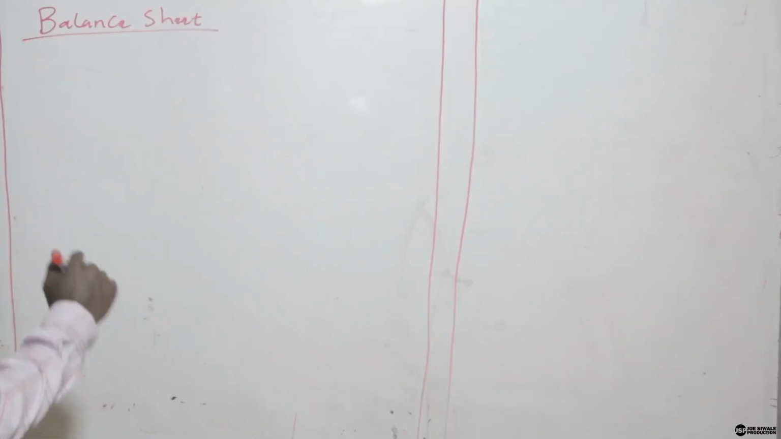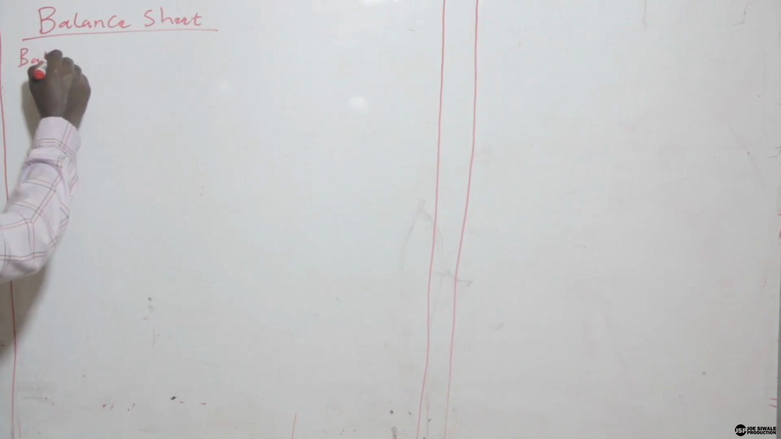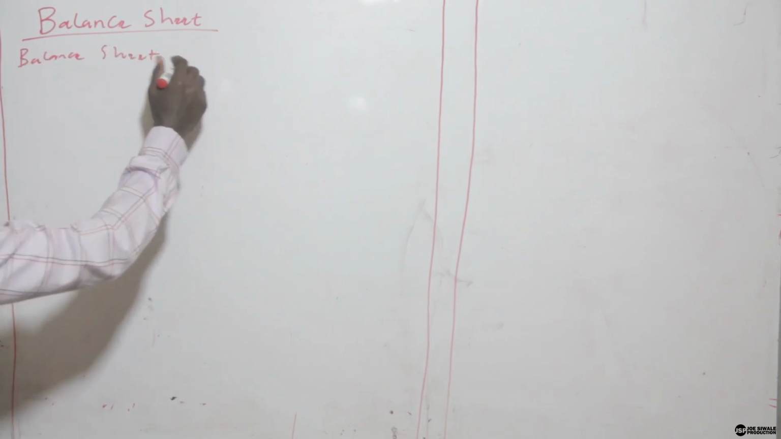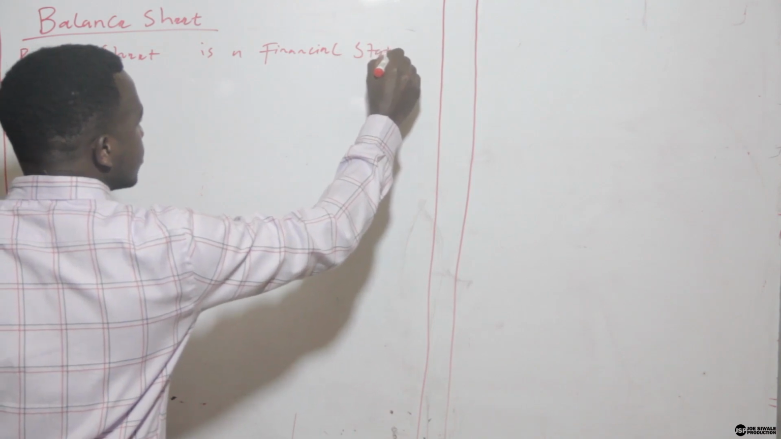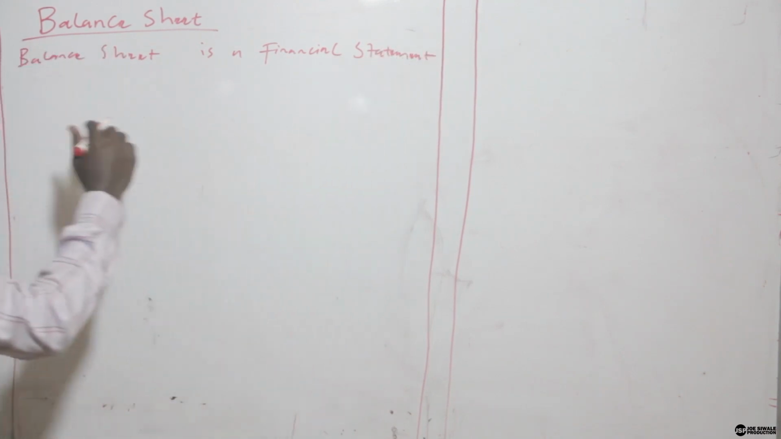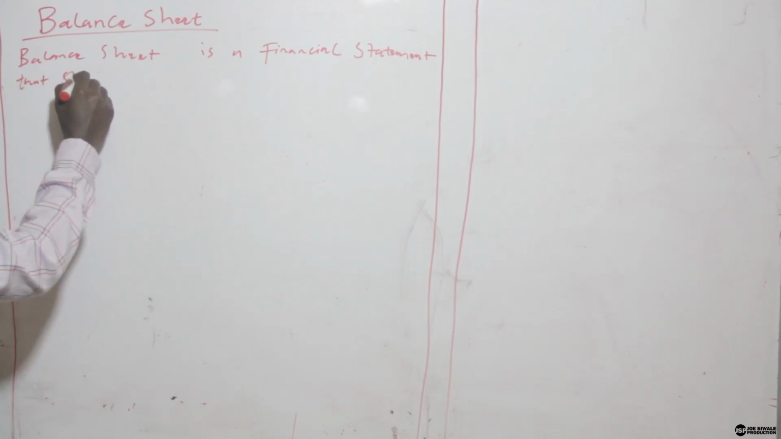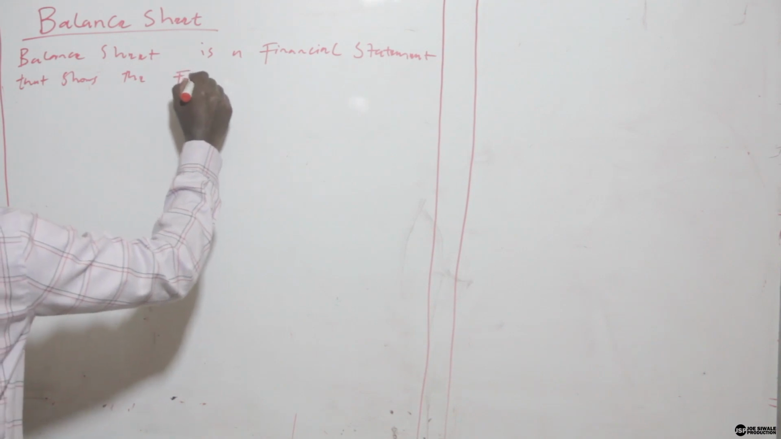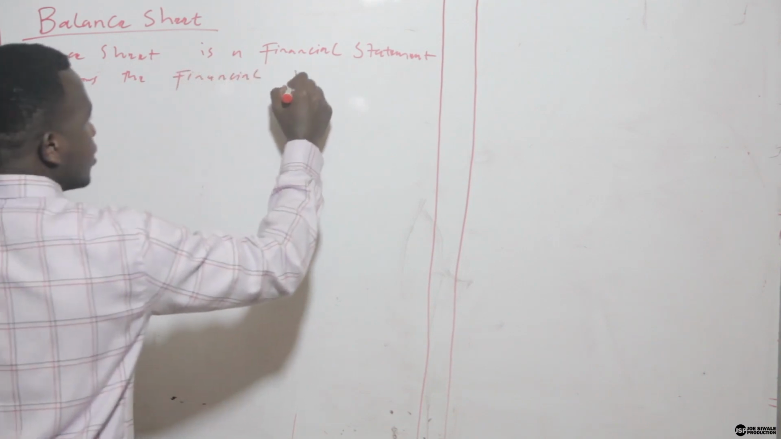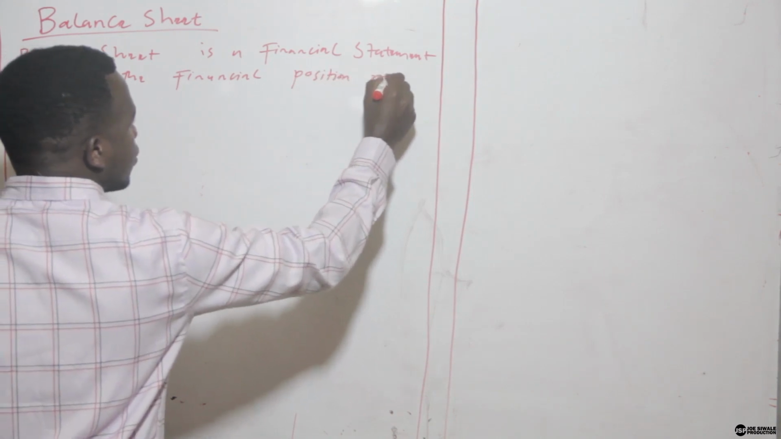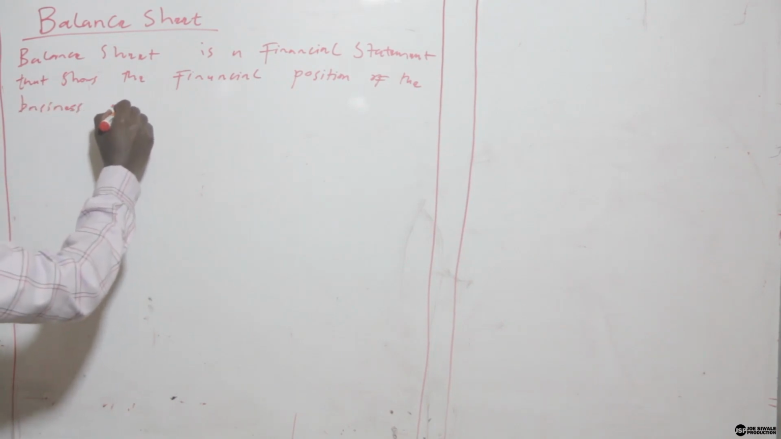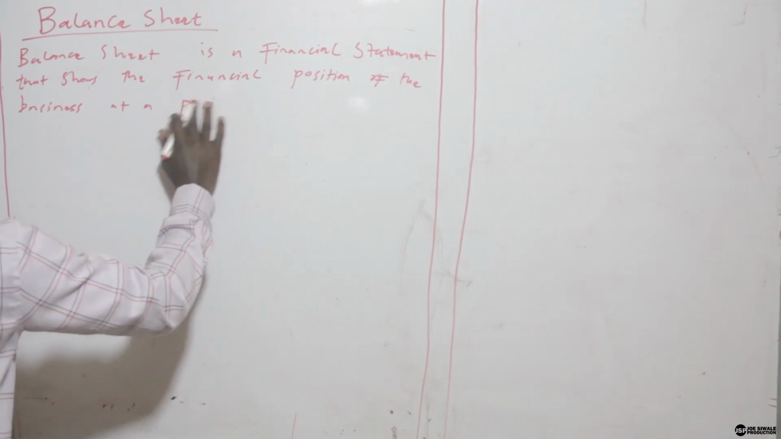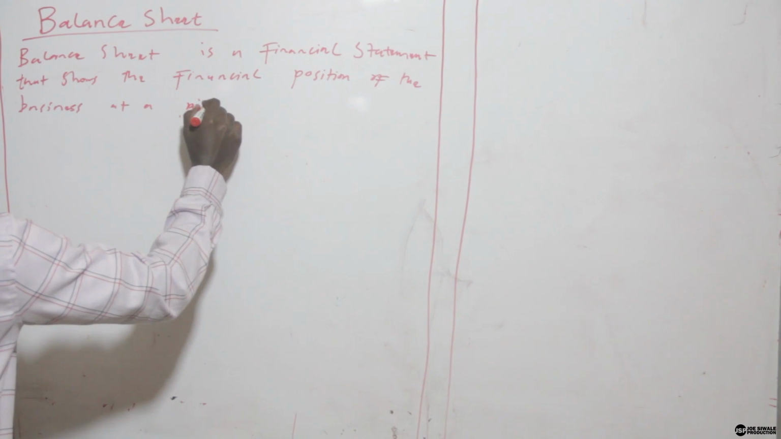So let us write down these points on the whiteboard. So I've said the balance sheet is a financial statement that shows the financial position of the business at a given period of time,